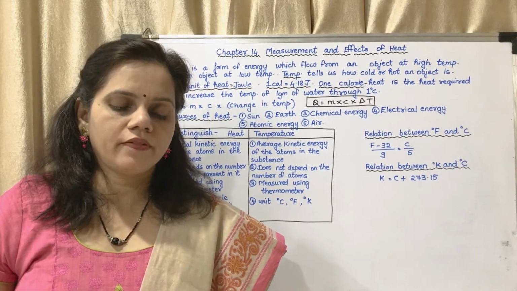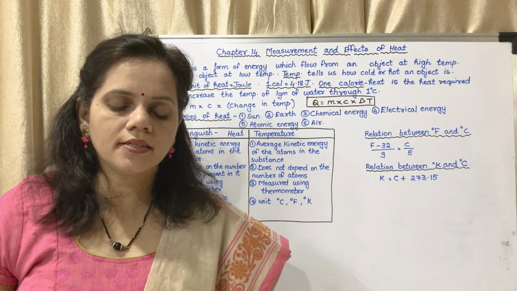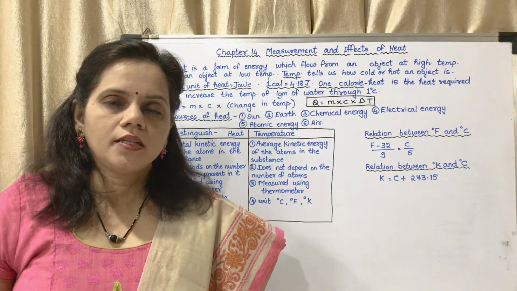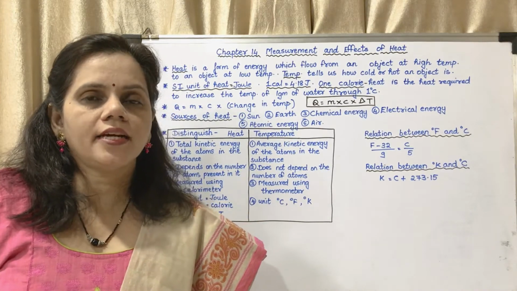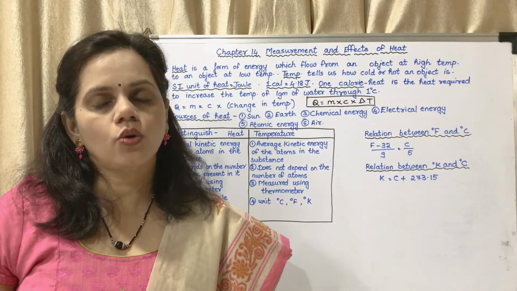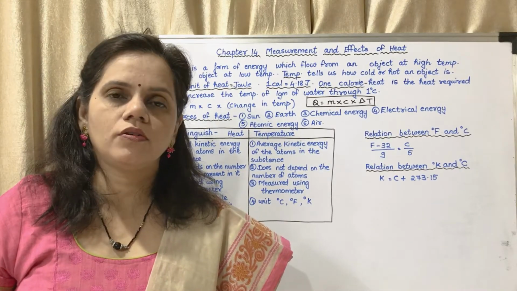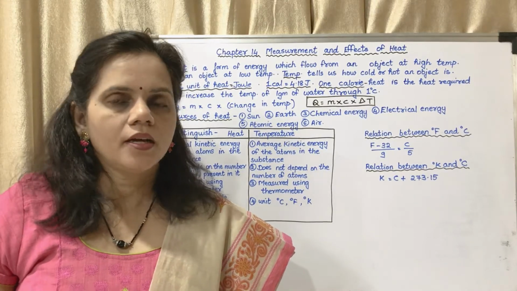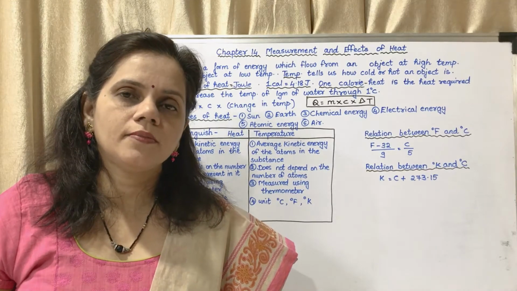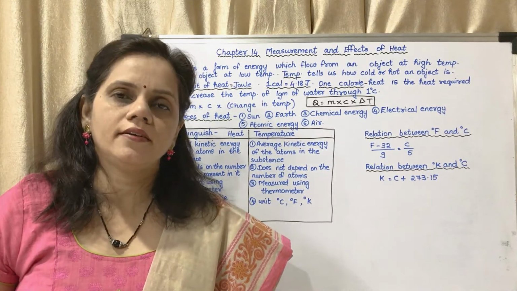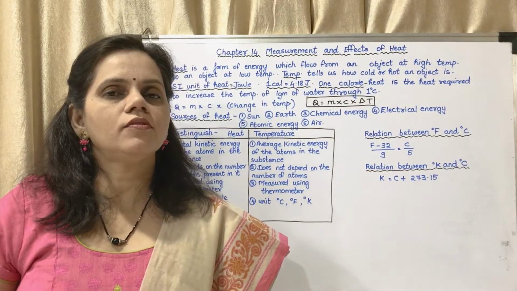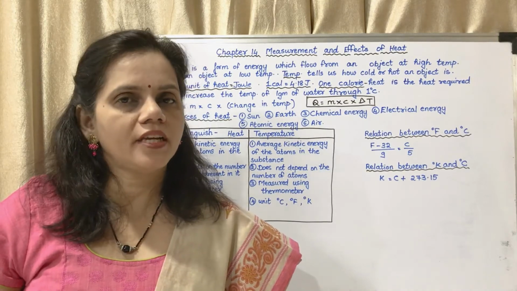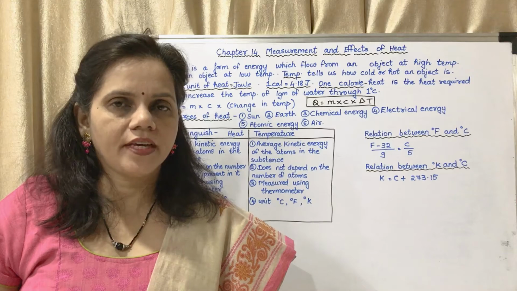Now take out your hands from those vessels and put both your hands in vessel C. What will happen? The hand which was put in vessel A, that is your right hand, will feel cold, because the temperature of water in vessel C is less than that of water in vessel A. In case of vessel B, the temperature of water in vessel B is less than that of water in vessel C. So your right hand will feel cold and your left hand will feel hot.